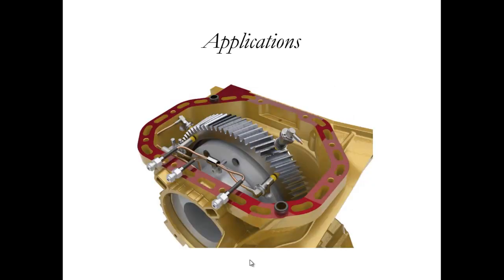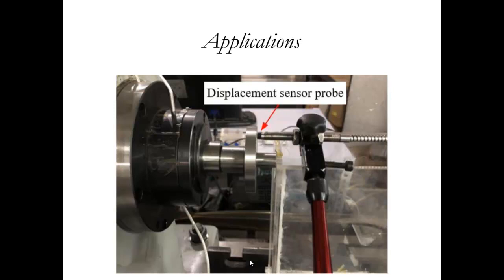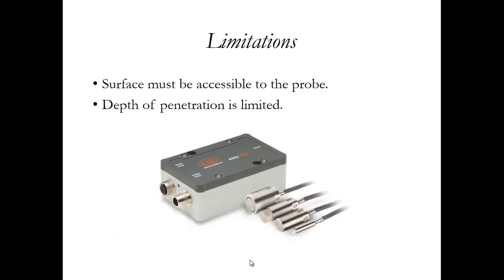This is an application in the gear, where we try to improve the performance of the gears by having some eddy current sensors installed, trying to measure the cracks and the displacement. In crack detection, again this is an arrangement where we want to measure the cracks in the shaft as a displacement sensor probe. This is how it looks in real sense. Obviously the limitations in this case would be that the depth of penetration is limited, and the surface must be accessible to the